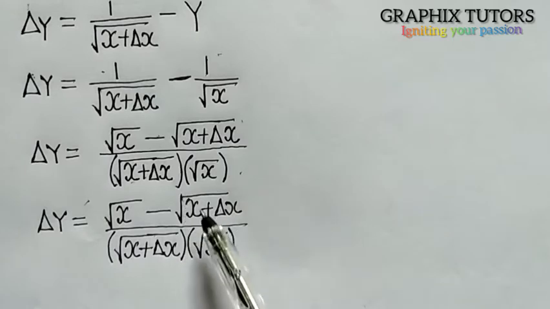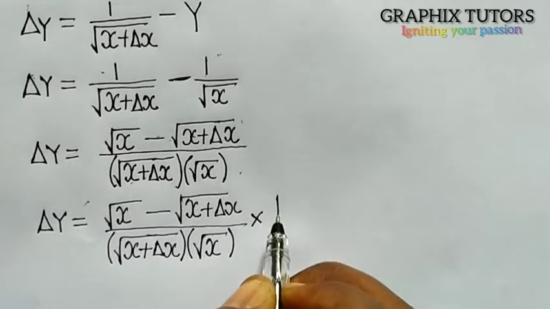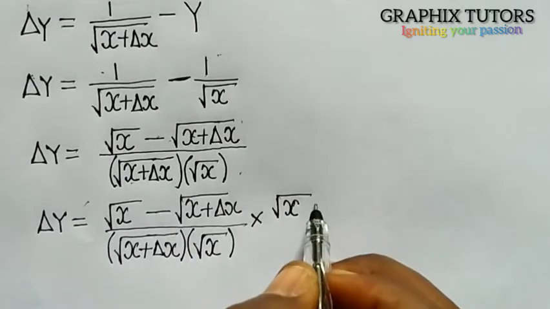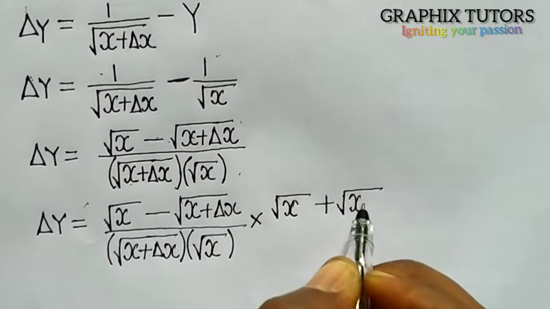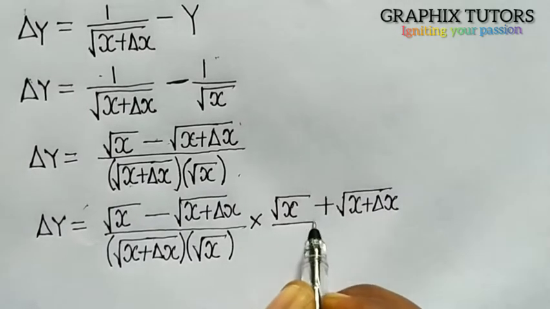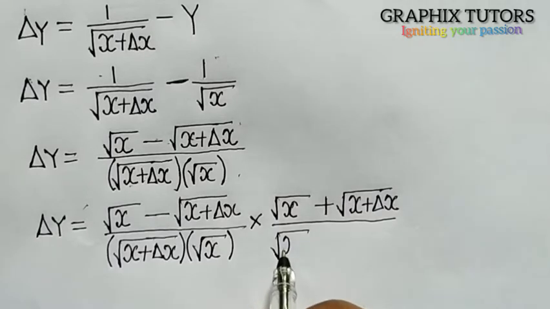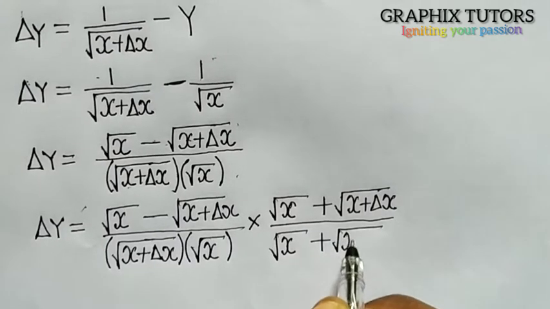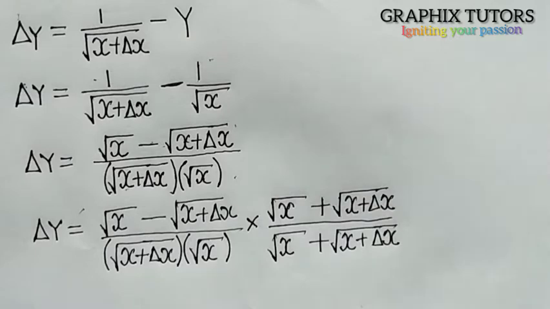So I'm going to multiply it with the conjugate of this, and the conjugate of this multiplied by square root of x, so conjugate of it will be what, positive, plus the square root of x plus delta x, all over the same thing, which will be square root of x plus the square root of x plus delta x. Now this is what we have. Alright,